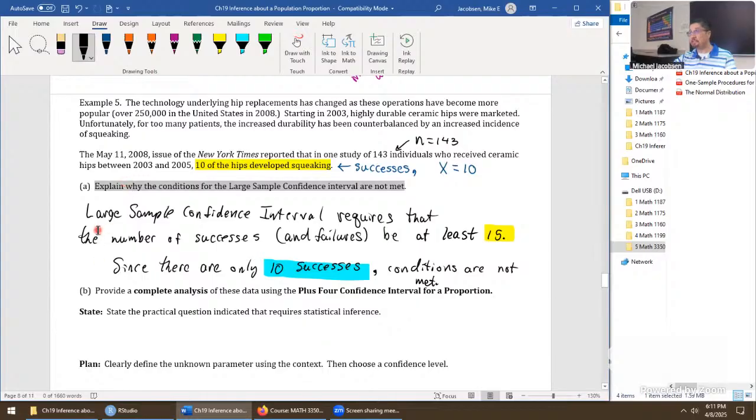That's what we mean by large sample confidence interval. In this particular problem, a sample size at 143, way too small. And that's kind of insane when you think about it. Probably we need to be closer into the 200s or 300s range, to be really effective. Maybe more like in the 200s would be safe.